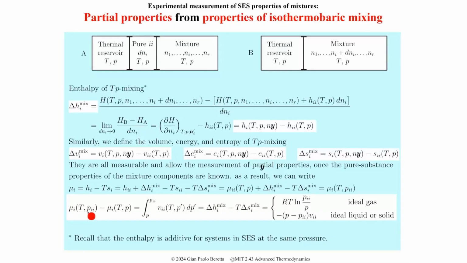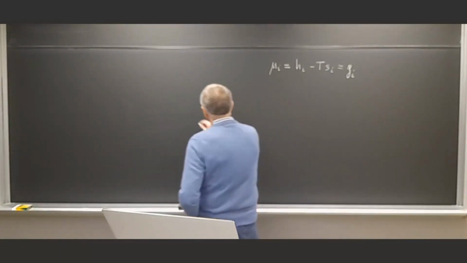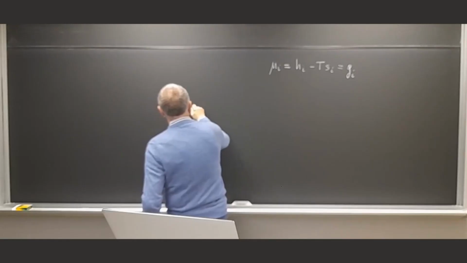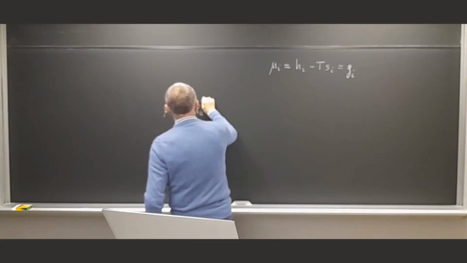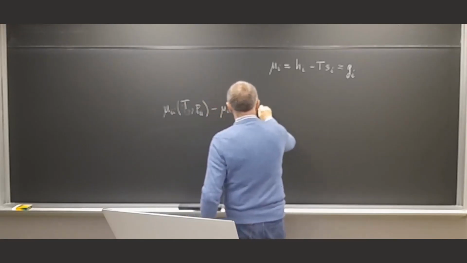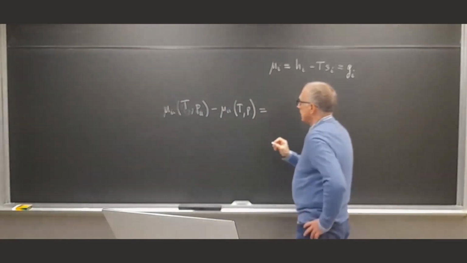Now, here we have already proved in a previous slide. Maybe we can just remind ourselves of how we got here. So we have that mu double I at T and PII, minus mu double I at T and P. Okay, you see,